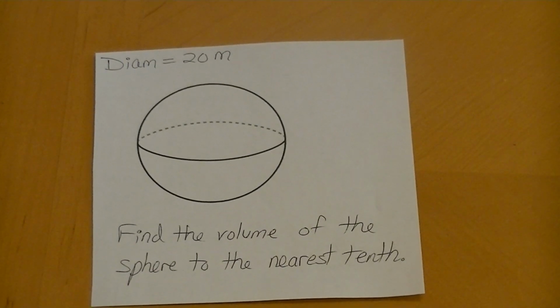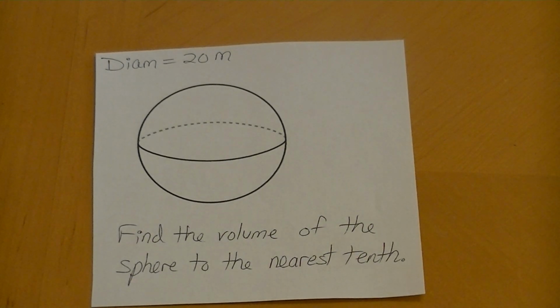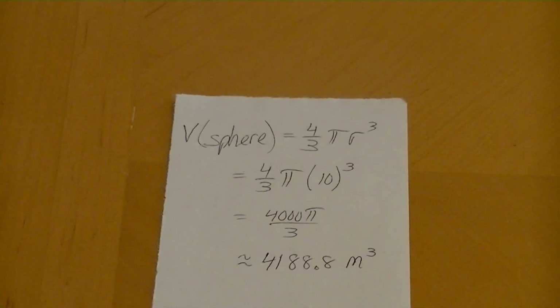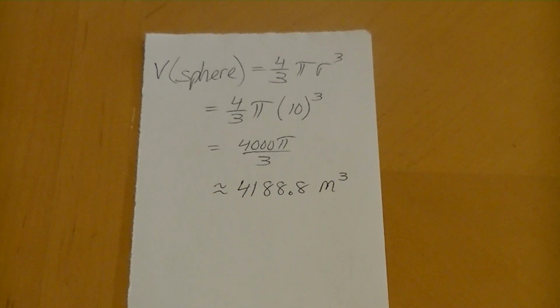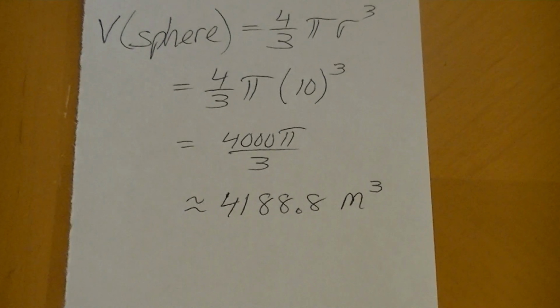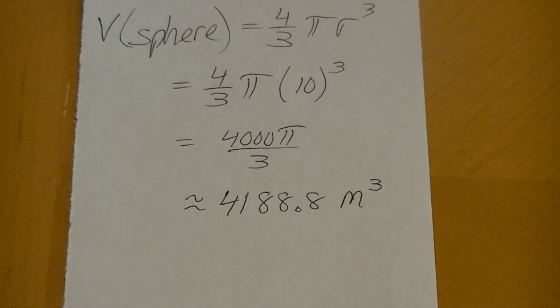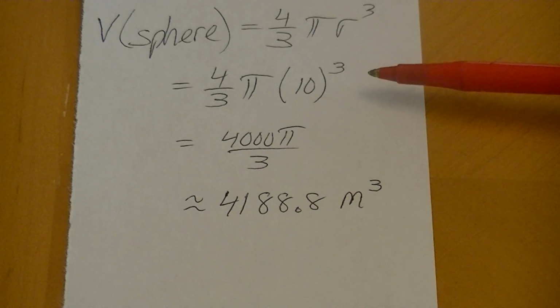What's the volume of a sphere to the nearest tenths if the diameter is 20? So this is really just checking to make sure you can put this into your calculator right. I did give you the formula. So the formula was 4/3 pi r cubed. And if the diameter is 20, of course the radius is 10. So 4/3 pi 10 cubed. And you could just type it in just like this and you'll get the answer